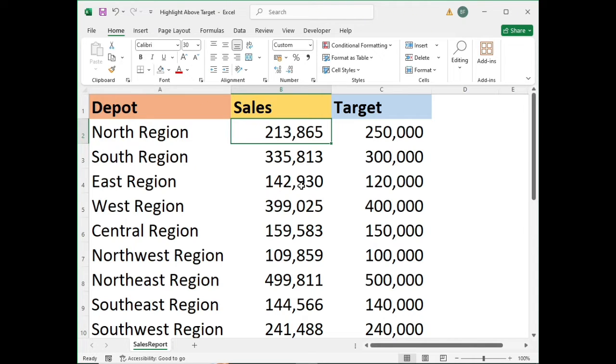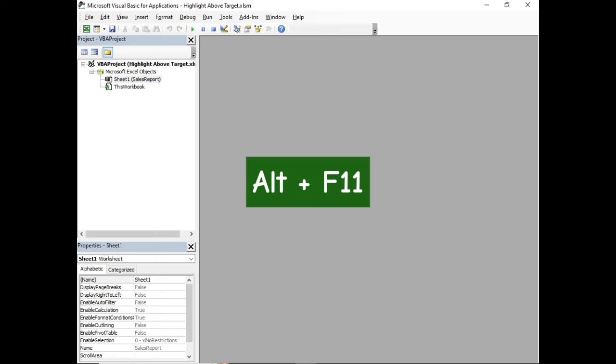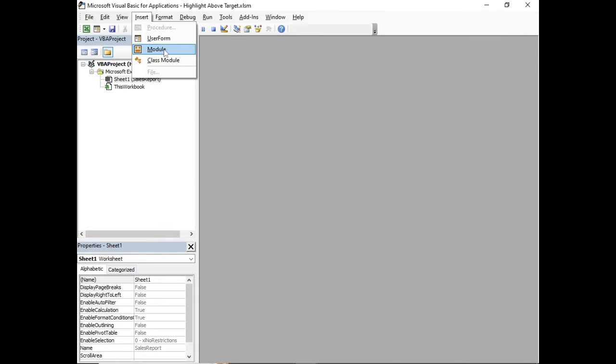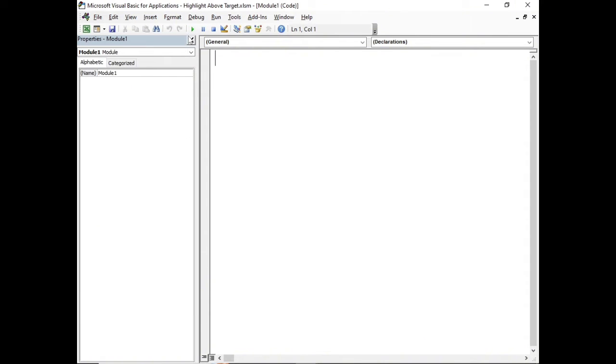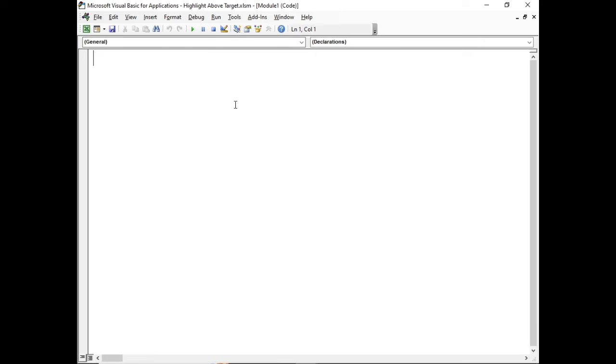I'm going to write the VBA macro, and I'm going to access the VBA editor by pressing Alt plus F11. Then I'm going to insert Module 1. Then I'm going to close the Explorer and Properties windows here to have a bigger view of the screen. Then I'm going to name my macro highlight above target,